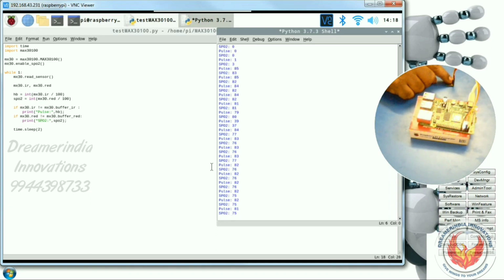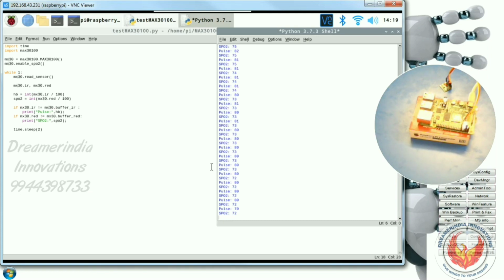These are the stabilized uncalibrated values. Then you can calibrate them to the actual thing. If there is a difference between the actual value and the read value, you can calibrate it accordingly. This is how the sensor will read the pulse and SPO2 values from your finger. It is very easy to integrate. All you have to do is activate the I2C, then connect the sensor and check whether the sensor is detected by using I2C detect, then download the library and run the test file, and you can add this code to your actual application program.